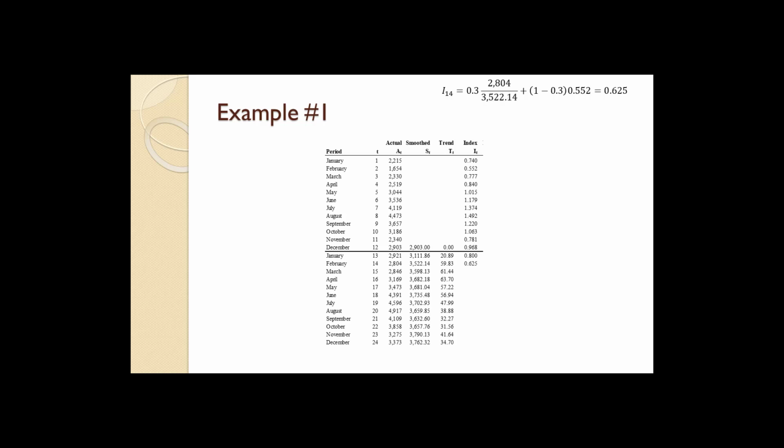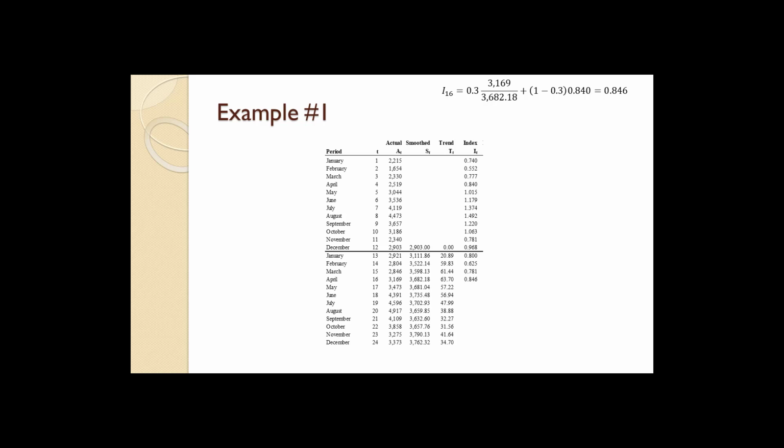The index for February, I sub 14 equals 0.3 times 2,804 divided by 3,522.14 plus 1 minus 0.3 times 0.552 equals 0.625. The index for March, I sub 15 equals 0.3 times 2,846 divided by 3,598.13 plus 1 minus 0.3 times 0.777 equals 0.781. The index for April, I sub 16 equals 0.3 times 3,169 divided by 3,682.18 plus 1 minus 0.3 times 0.840